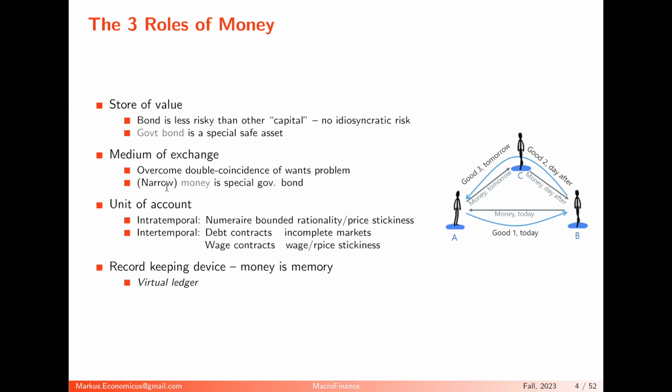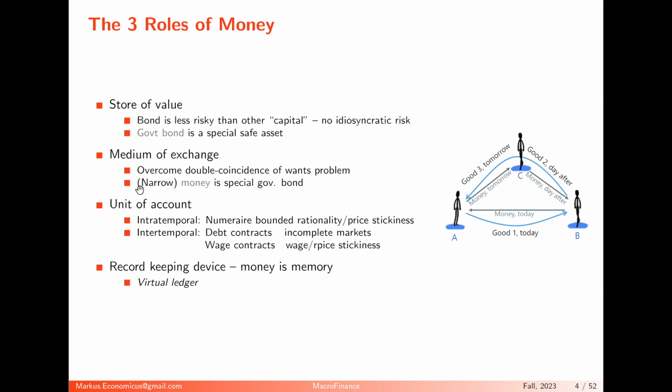But if the money takes on a special form of government liabilities, the money gives you then a special role and gives you the service flow on top of it. While the bond gives you service flow already with just a particular one, the store of value service flow, the medium of exchange service flow is on top of it.